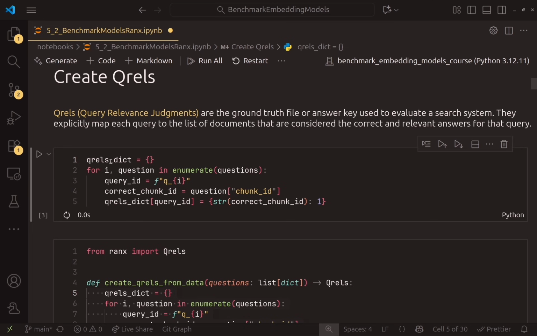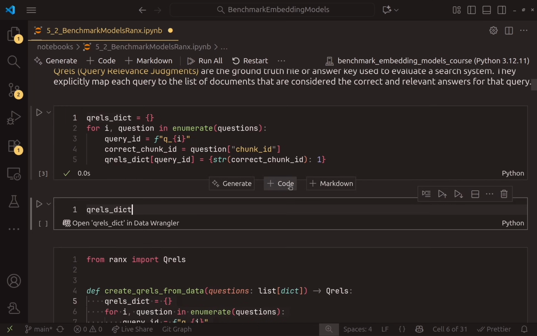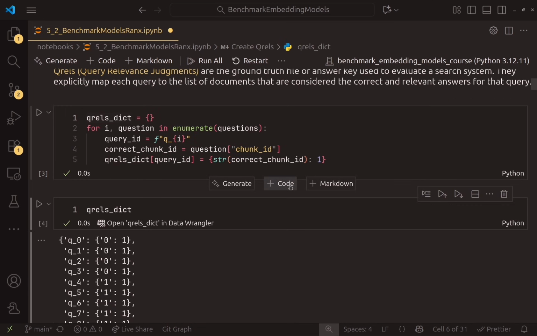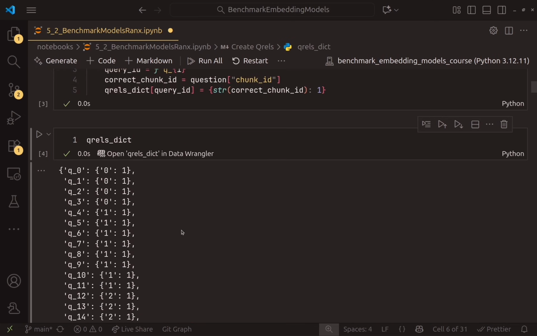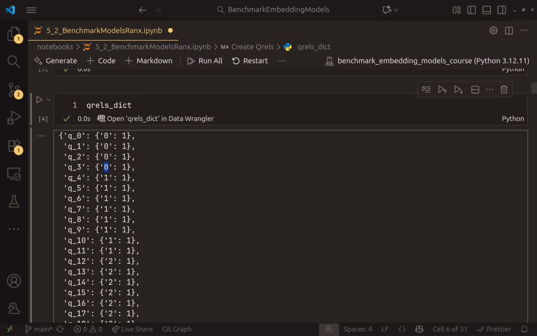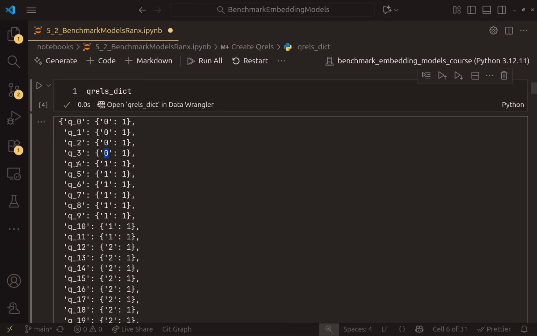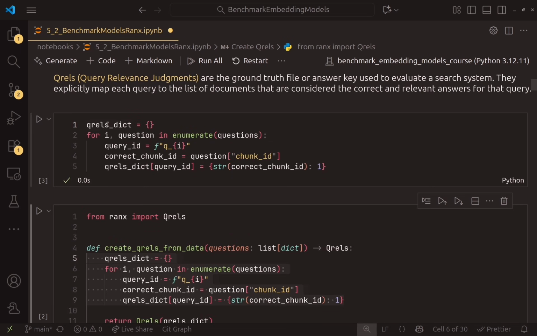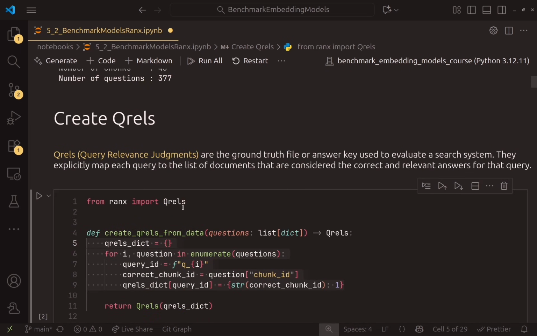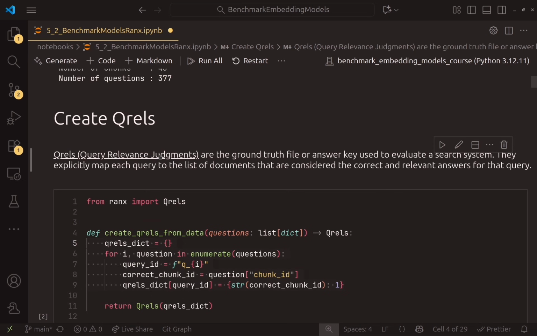If I take this, let me show you this dictionary. And this is the mapping. This is exactly what we have done before. You can see that the first 4 questions, here we have the first 4 questions, and we gave them 1. And here, for example, the second, I think here we have 8 questions. They all map to the second chunk, etc. So this is the content of the qrels dictionary, and you can click here if you want to read more about